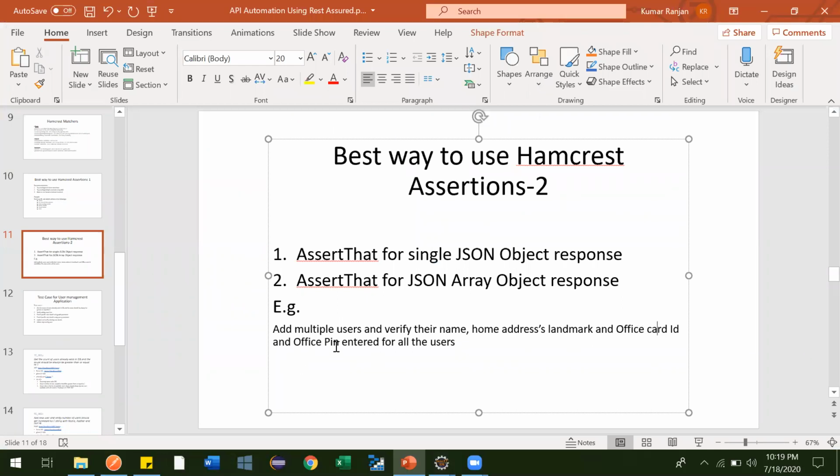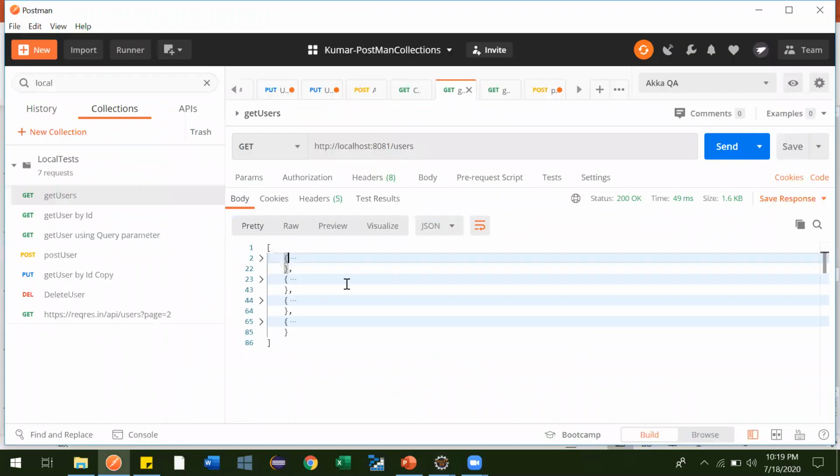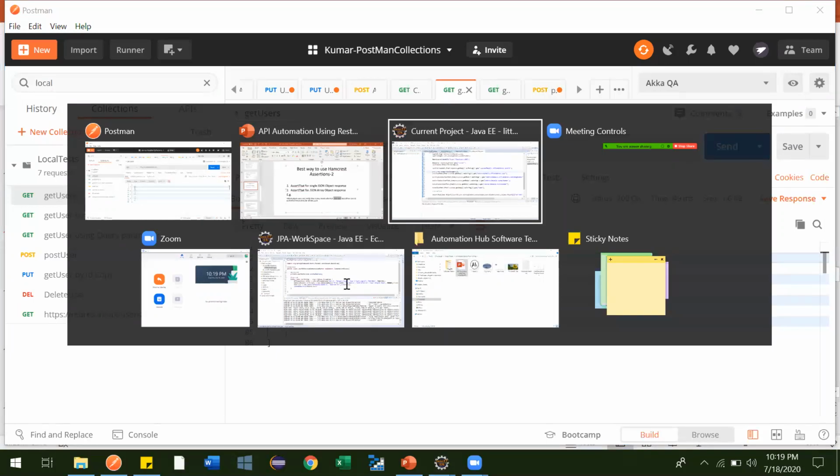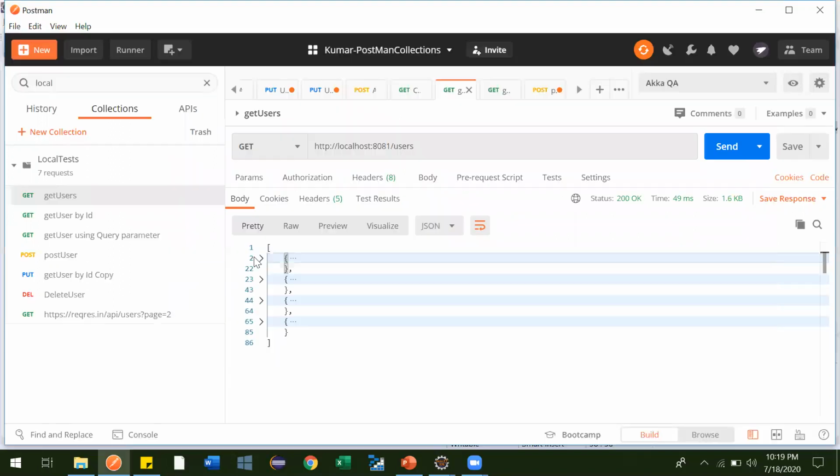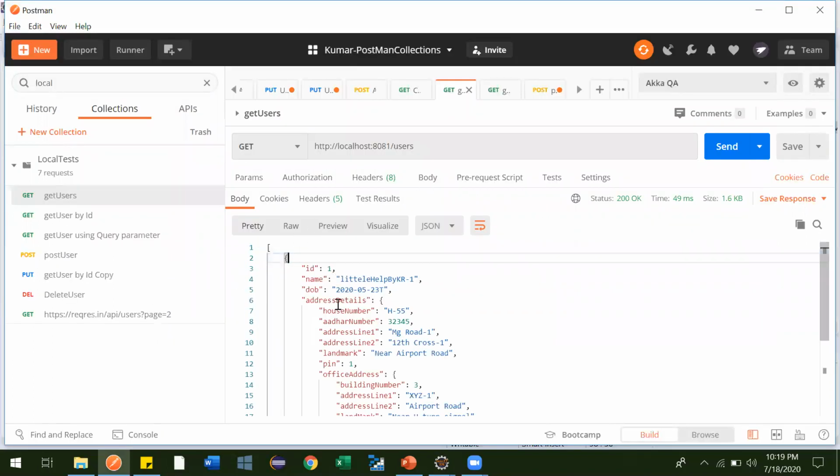So card ID is done, pin is done, then name and office address, home address, landmark. To fetch name, see name is there, right, that is also of type String. So let me copy this, name equal to, Ctrl B, perfectly fine. And the next one is landmark, right?